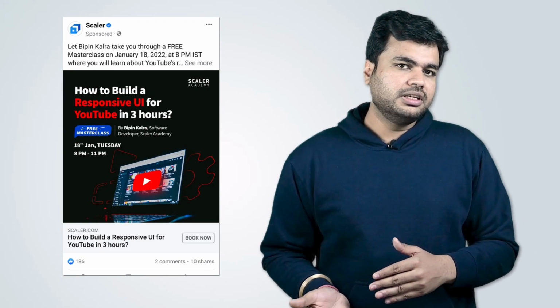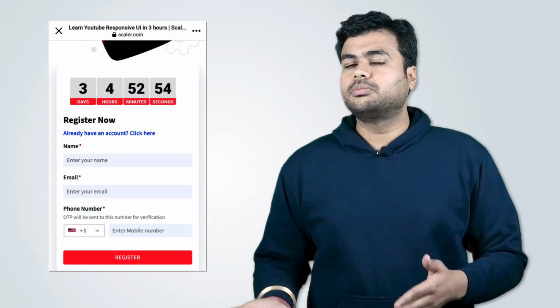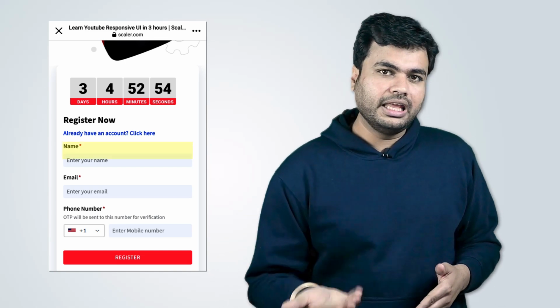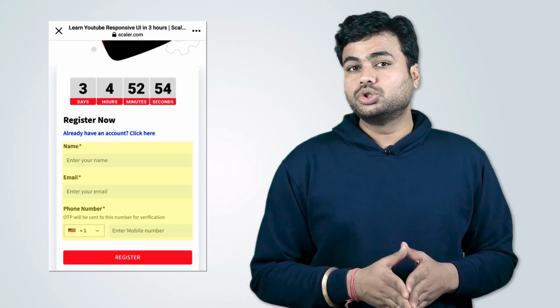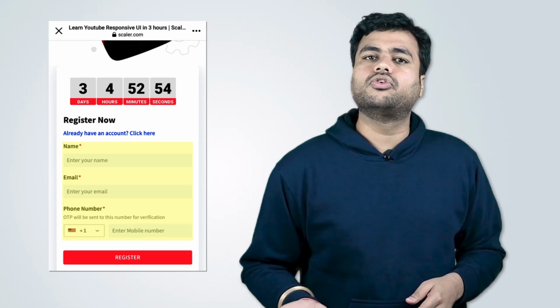Like when I was surfing on FB, I got this ad from the company Scalar. I found this ad nice and wanted to know more about it. So I decided to click on the CTA button, book now. When I arrived at this page, they just requested me to fill out on this form in order to register for the masterclass. They just asked me to fill my name, email and phone number. That's it. So if you want your customers to do the same, create a proper landing page and a short form. Facebook provides a great opportunity for your business to reach more qualified leads. Through Facebook ads, you can also reach the potential leads and push them towards conversion.